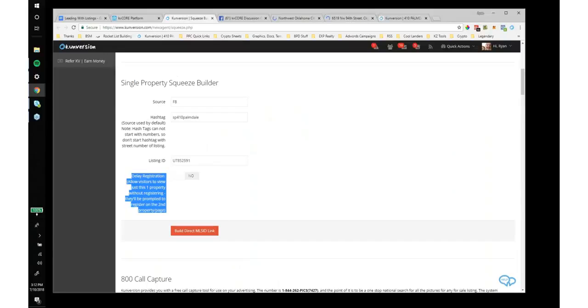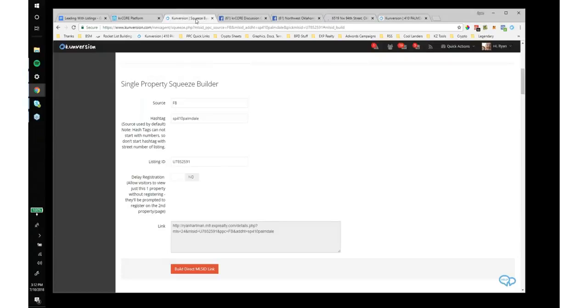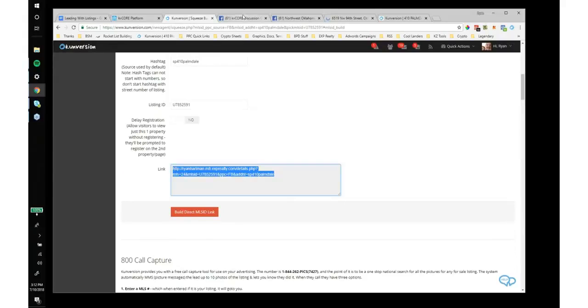So let's build the MLS ID link. So here was Kyle's example. When the person gets to the page, Conversion or Core will tell them to register right here. So that's what I'm doing here. I now have my link to use. Okay. And the next thing I'm going to do